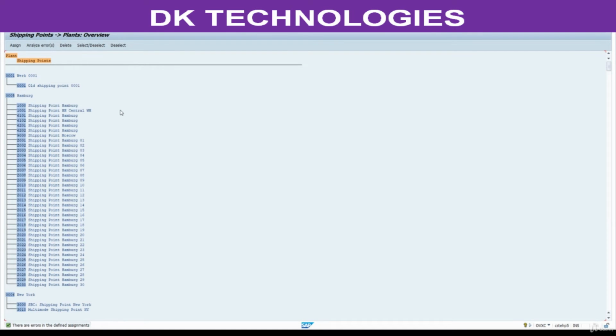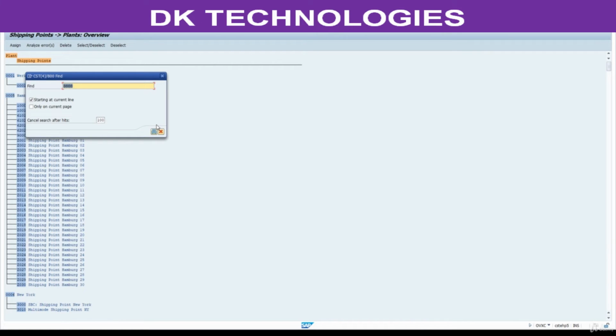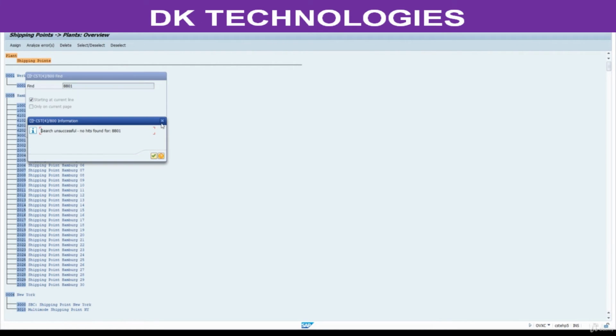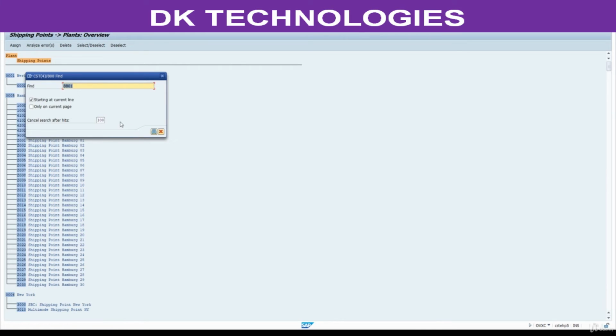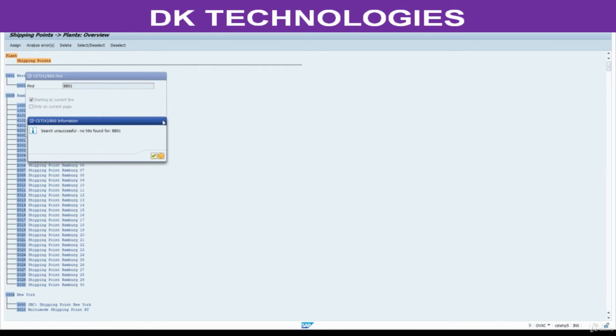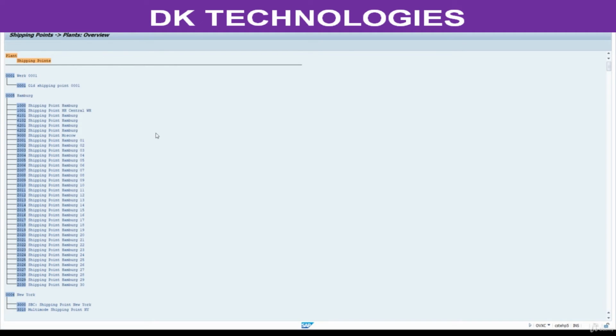Here you need to search your plant here. Control F 8801. Remove this. Here I don't see my plant.